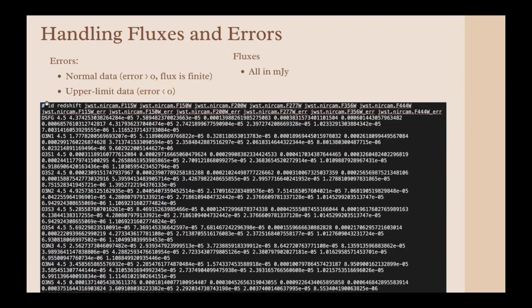So the data files, as I told you, have the ID, the redshift, and the different filters that have to be in the CIGALE form of writing them. We cannot put them in any form. So you put the data, the flux, and 1 sigma error. If you want to do an upper limit, then you put the error as negative. However, I recommend using a small value because if not, you're going to have like a huge upper limit bar if you use like -1 and your fluxes are like 0.3. It's going to show very